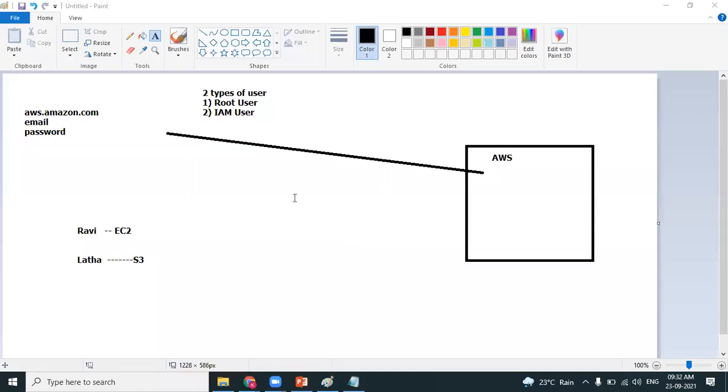Is there any limitation for creating the users? No, unlimited users. You can create 100 IAM users, you can create 1,000 users also. There's no restriction. Can the root user give privileges to the IAM users? Yes. Let's say, Ali, you are the owner of the organization and you are very busy. When a new employee is recruited, you want to give him access. There's a special policy called administrator access. If you provide the policy called administrator access to an IAM user, he can also create child users. That's not a problem.